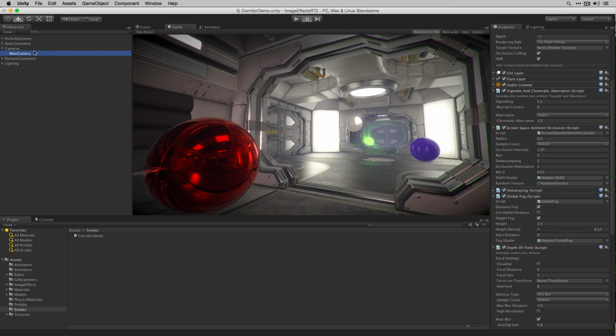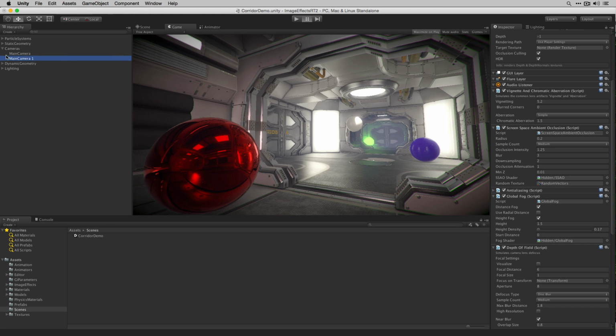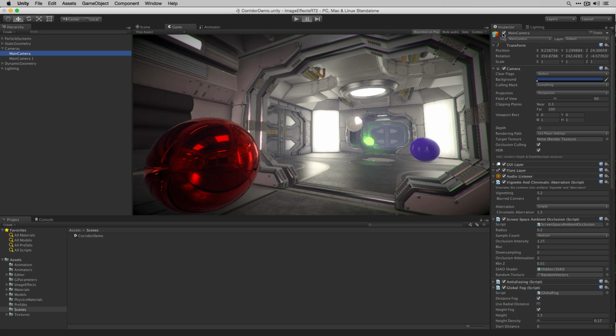So what we're going to do, I'm going to leave this camera as is, and I'm going to duplicate it, and we're going to mess with the duplicate. So I'm going to highlight the main camera in the hierarchy here. We're going to choose Edit, Duplicate, and we're going to deactivate this main camera. So I'm just going to go to the inspector, hit the checkbox here to turn it off. We don't want to have two cameras running at the same time. We'll get an error message about audio listeners. There should only be one. And then let's call this